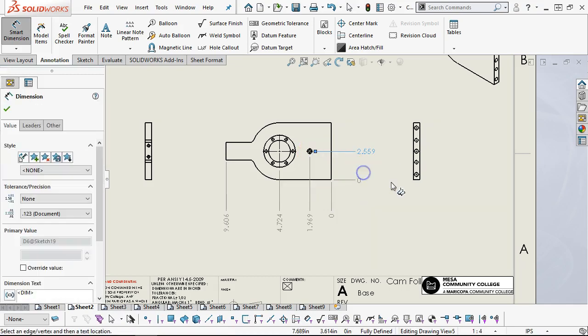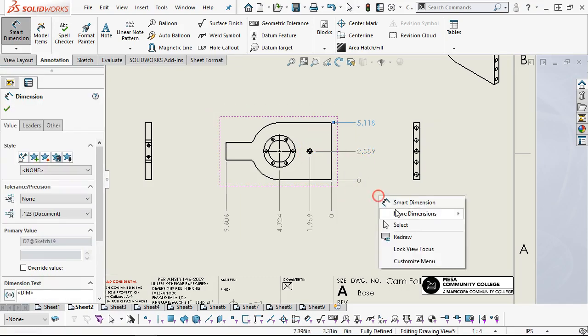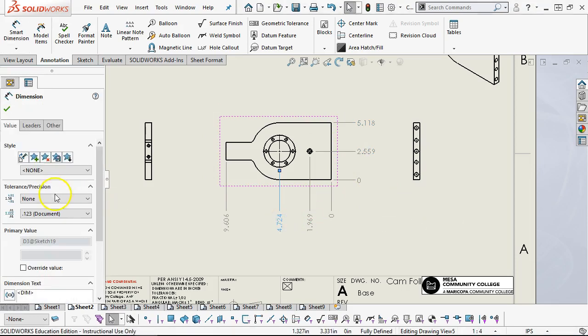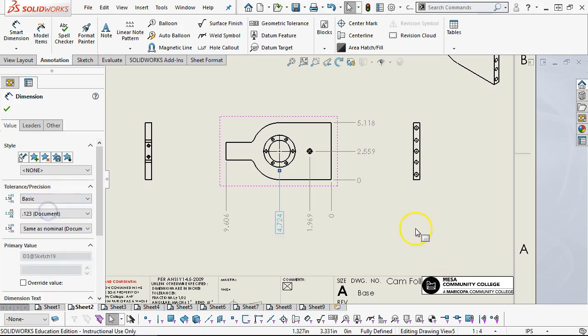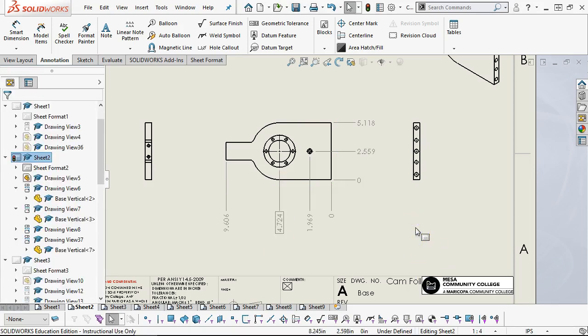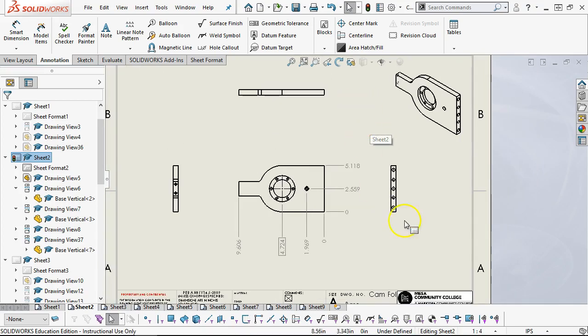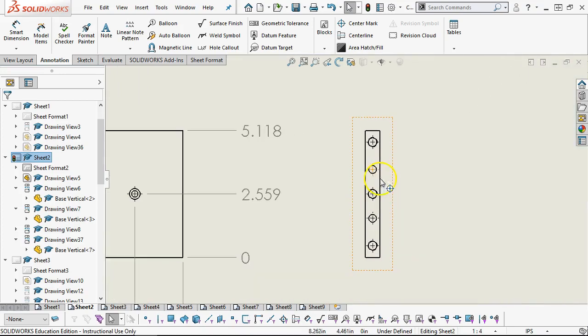All right, just to give you a start. As you go through, you would pick up the basic dimensions. Start to pick out your tolerances. You're going to have some flatness, probably some perpendicularity, and then the positional tolerances. And again, for the pin, let's take a look at this one, because this will be on